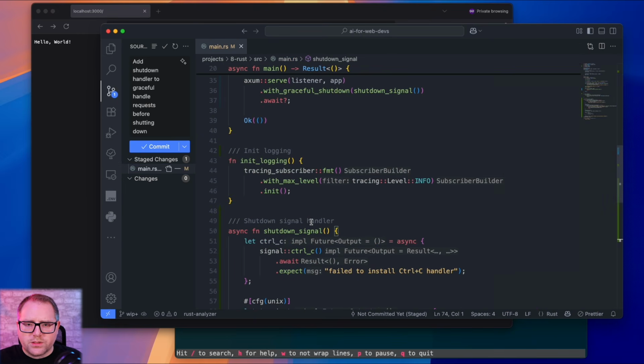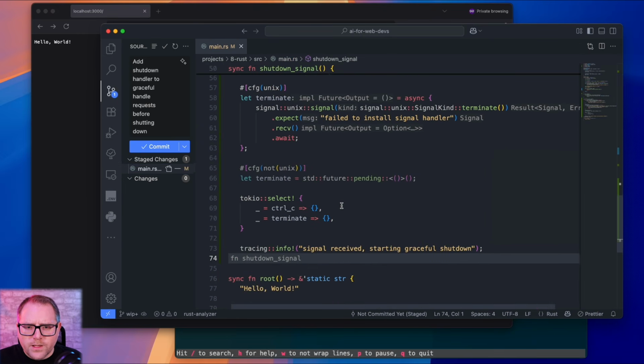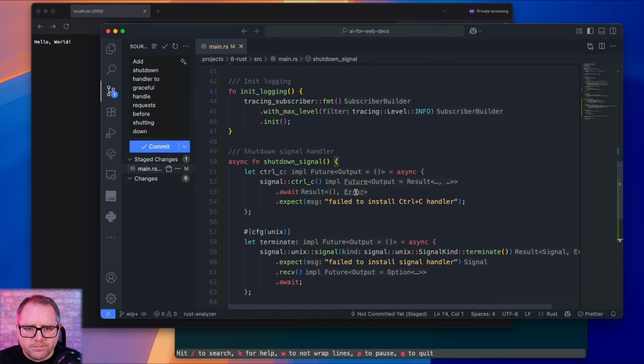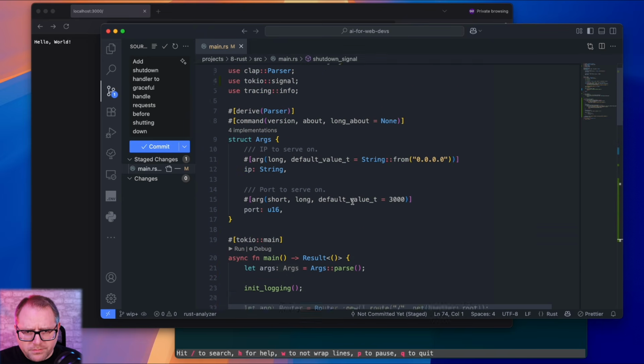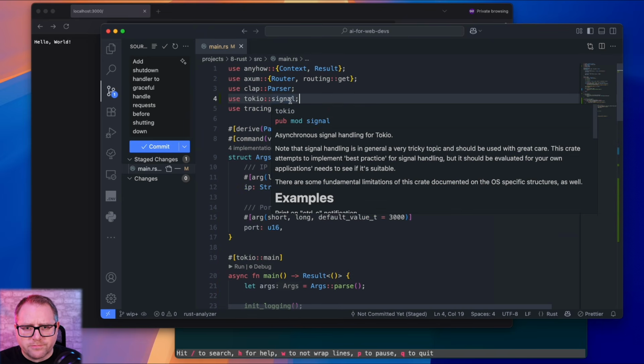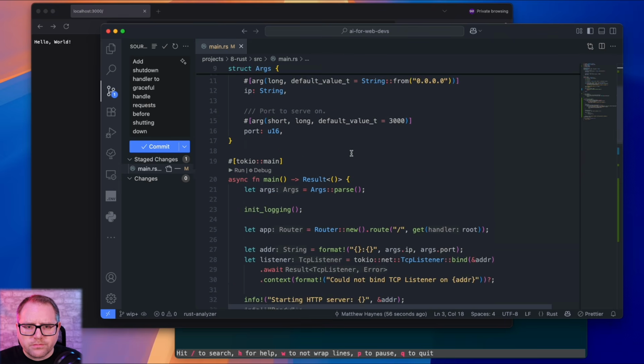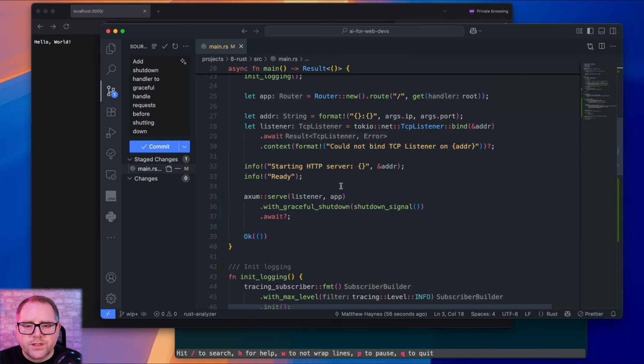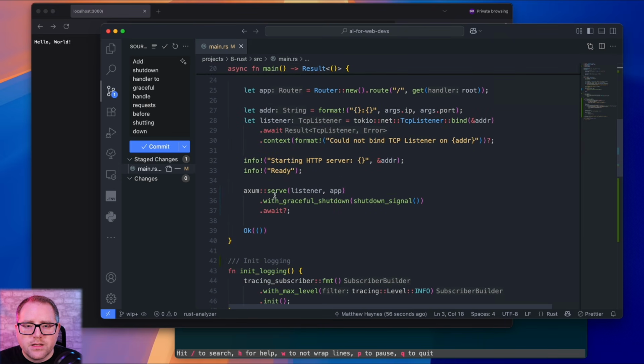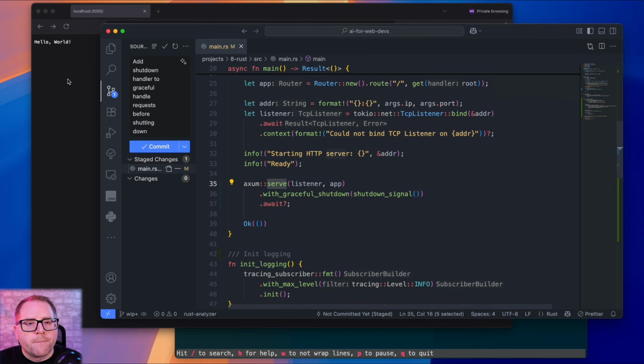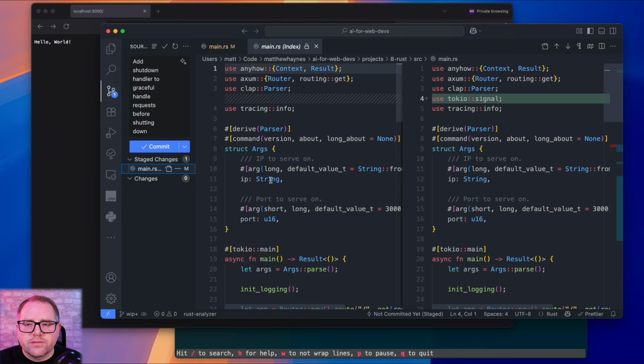There's some example in the Axum project you can see. So we're bringing in signal from Tokio. We are going to add the shutdown handler when we call serve, okay? And actually I'll go back to the diff.